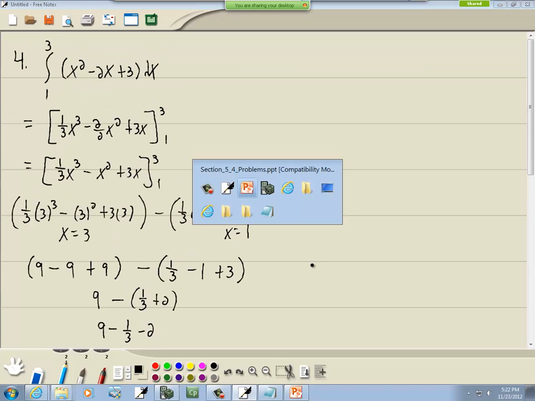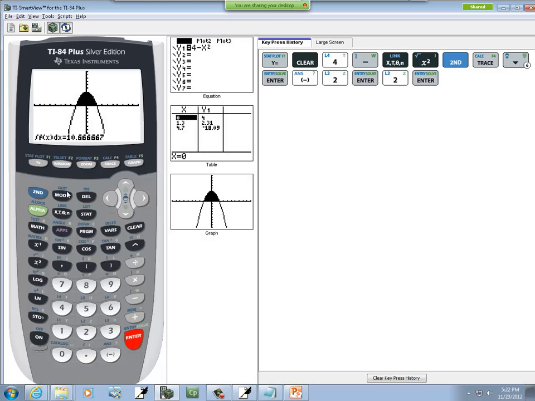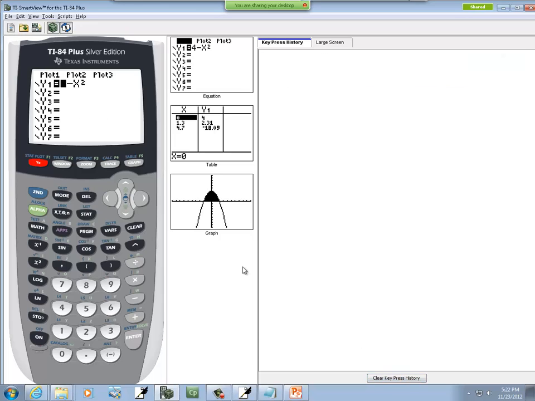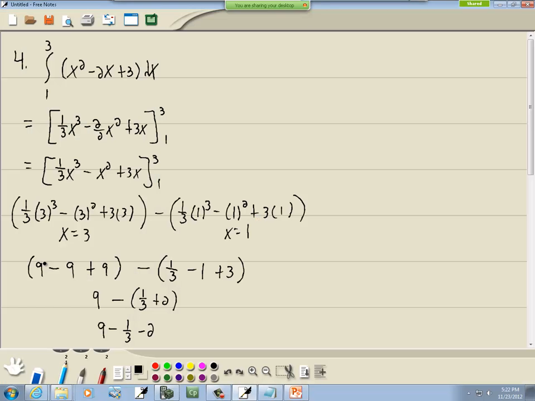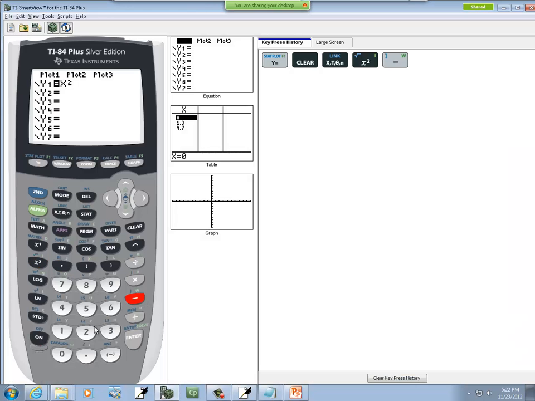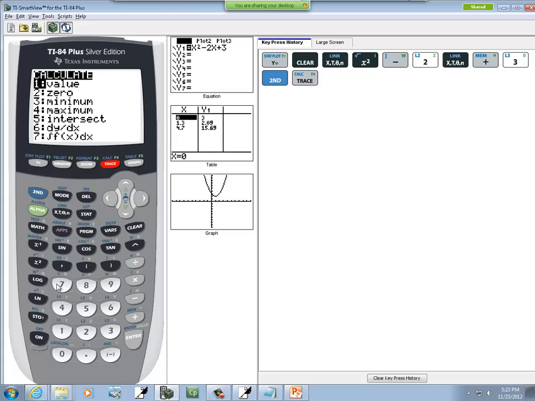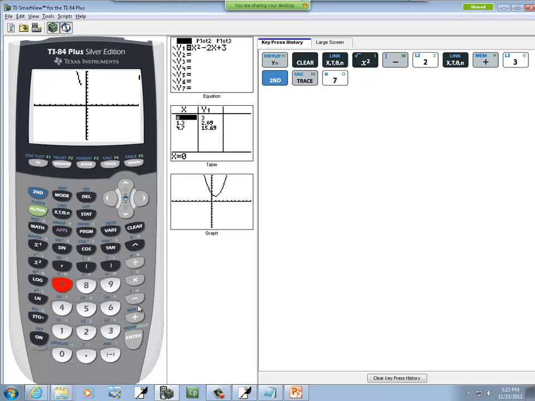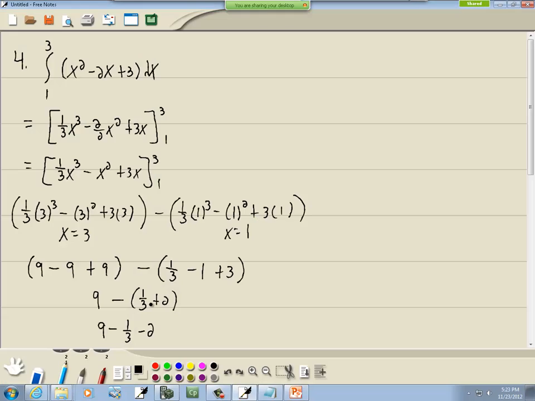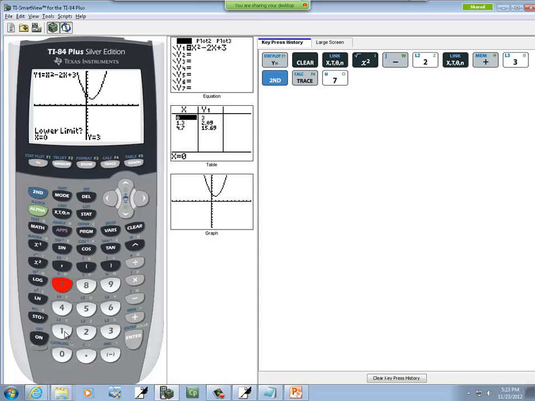And let's go plug this in the calculator, see if that seems reasonable. We'll press y equals, press clear. We got x squared minus 2x plus 3. Second trace, we'll choose our 7th one, if it's 7 on yours. And we're looking from 1 to 3. So do 1 enter, 3 enter. And that seems reasonable. Now realize that